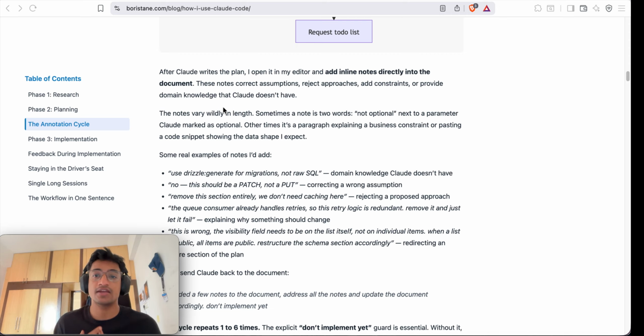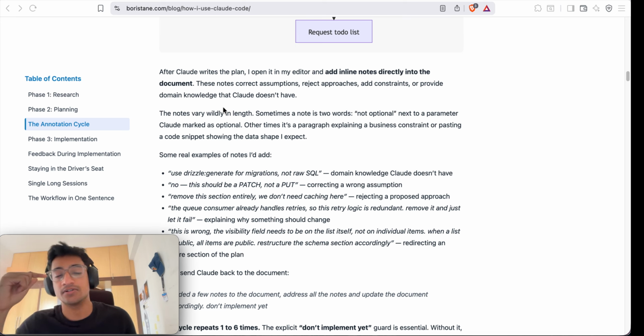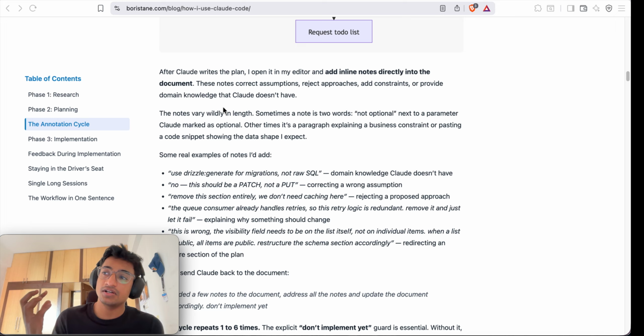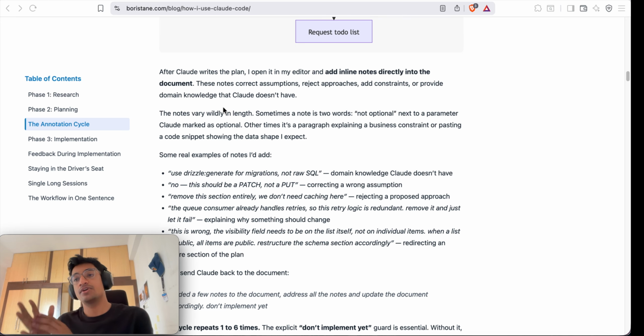inline comments like, I found this approach irrelevant, or I found this lazy initialization irrelevant. Instead of that, we can directly pass the parameter. Lazy initialization, I don't think is a correct implementation in this context. So this kind of inline comment helps us to give feedback in a single paragraph. Same thing, if you are doing it on a command line, then we might have